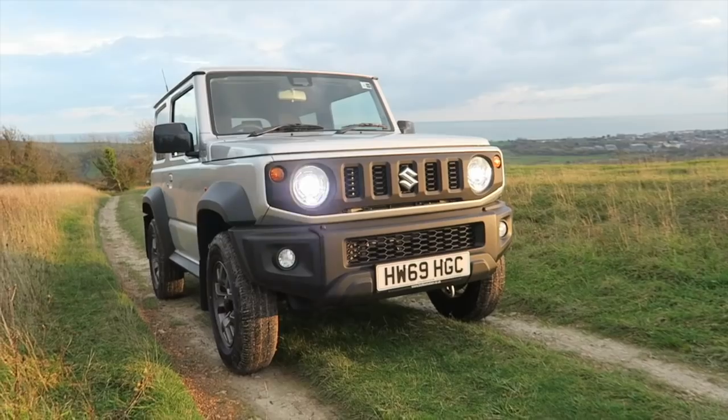47 miles an hour. Jokes aside, it's not a performance orientated vehicle, let's be honest. 1.5 litre naturally aspirated engine up front, producing 101 brake horsepower. There isn't really a lot else you can say about the engine other than it makes it go along. I don't think it's very torquey. You don't need a big engine or all the torque in the world to get what you need from this car. Jimny is all about